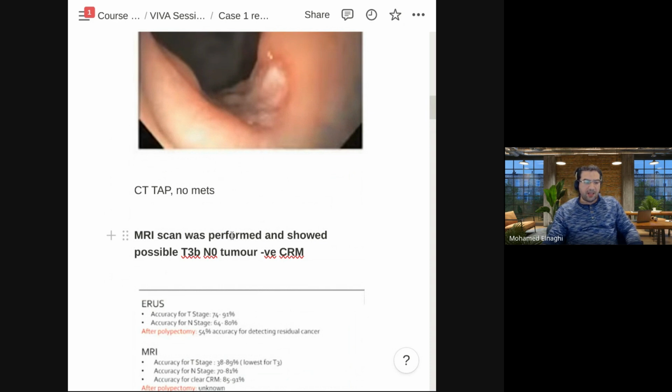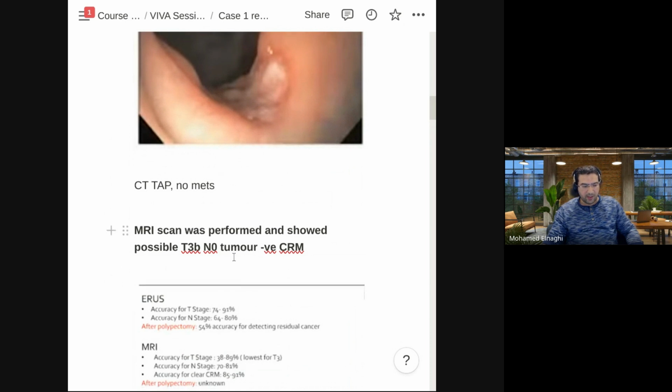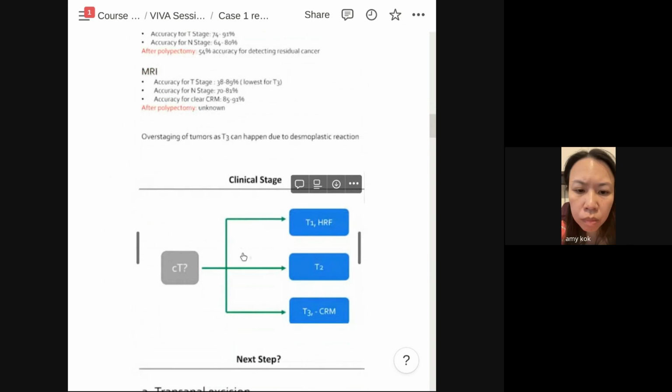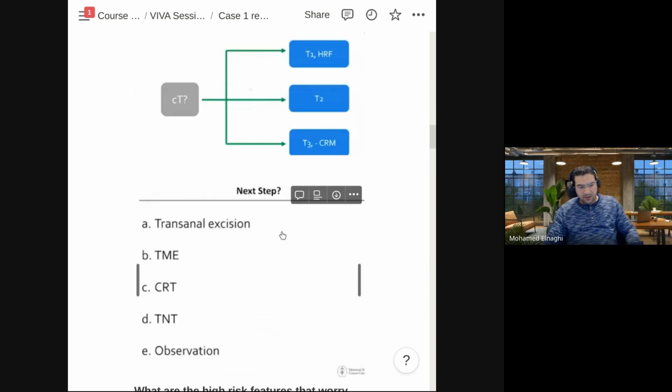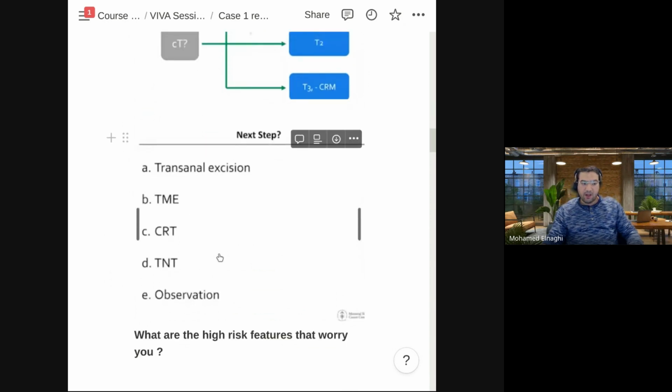Okay, but in this situation, you have a tumor that you think may or may not be completely excised, and N0 with no lymph nodes on the MRI scan. So you still have some options to discuss with the patient. You have the option of transanal excision, either transanal minimally invasive surgery, or you go for chemoradiotherapy, or you consider maybe total neoadjuvant treatment, or just surveillance or observation, or obviously the